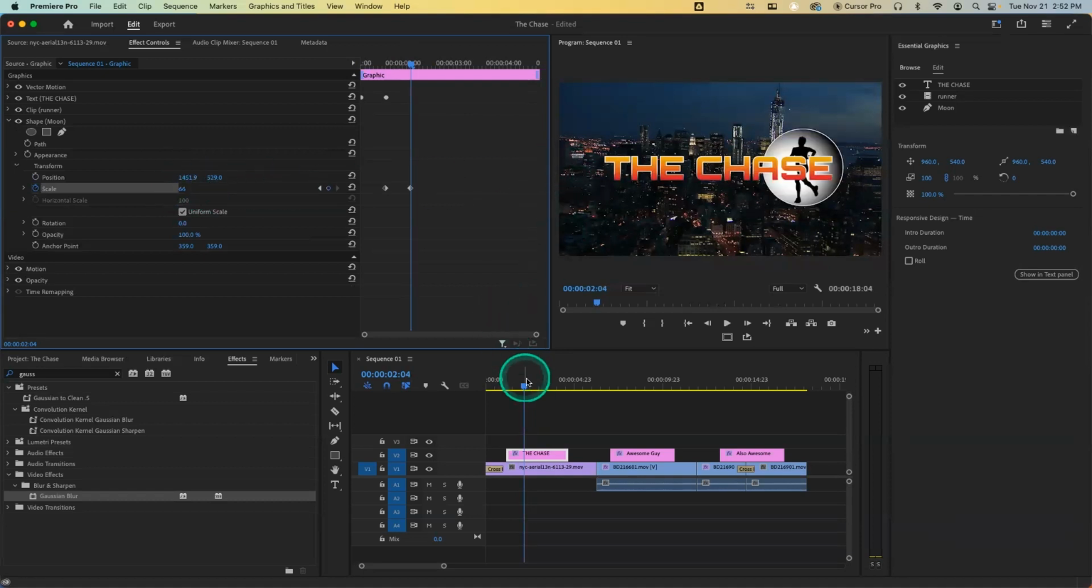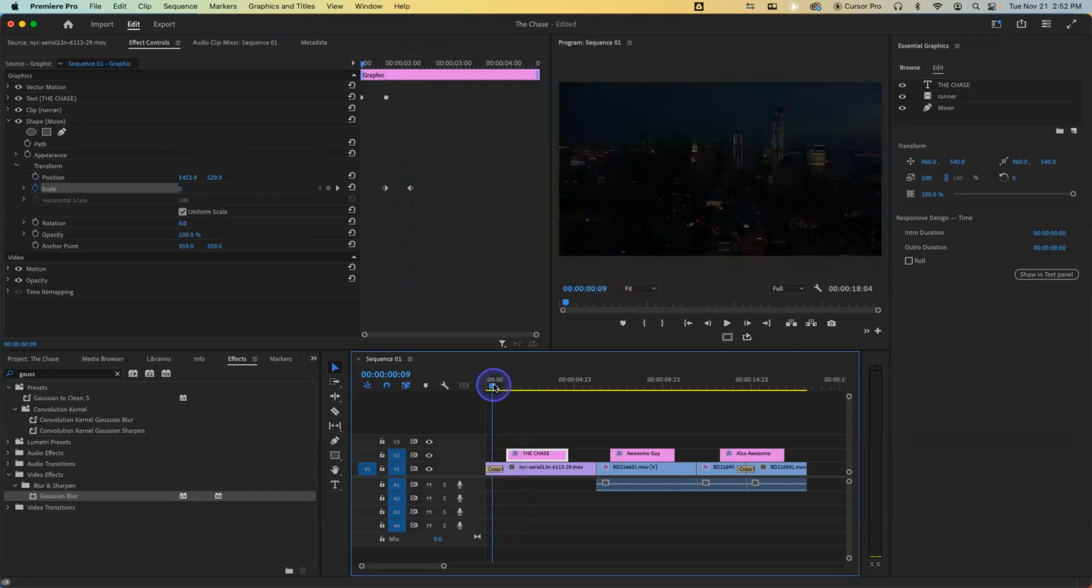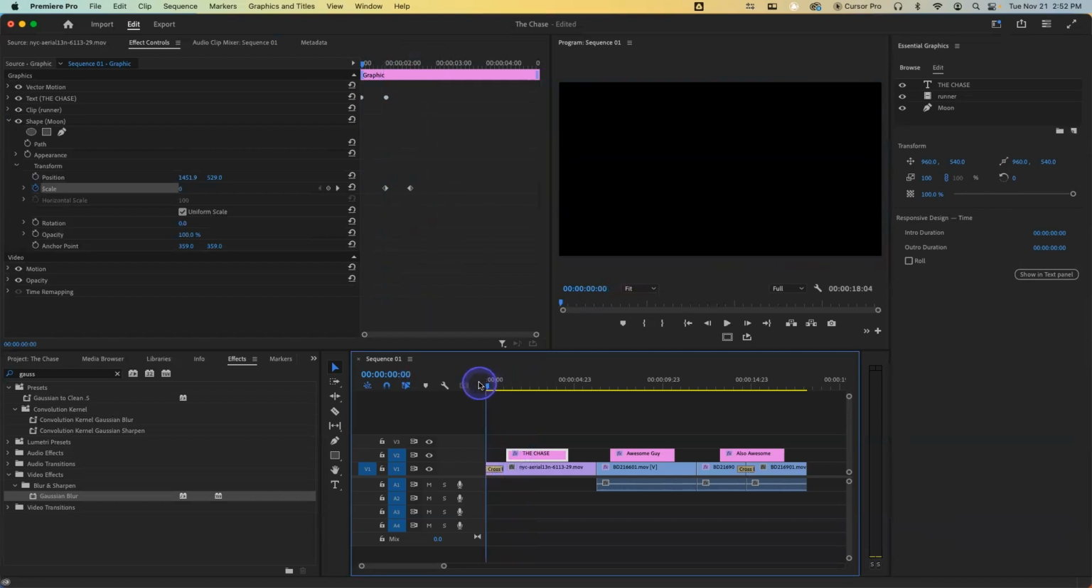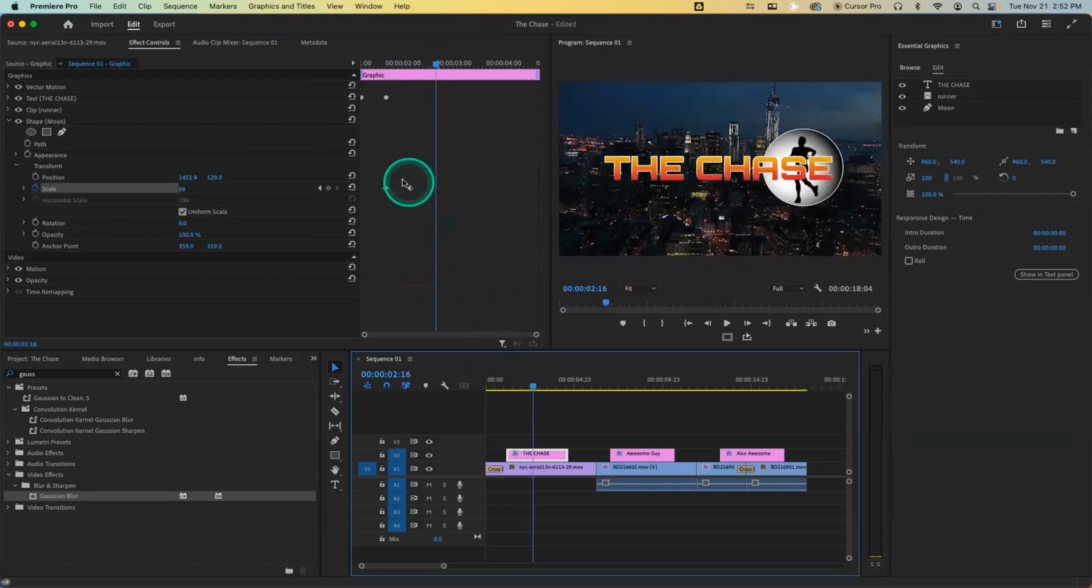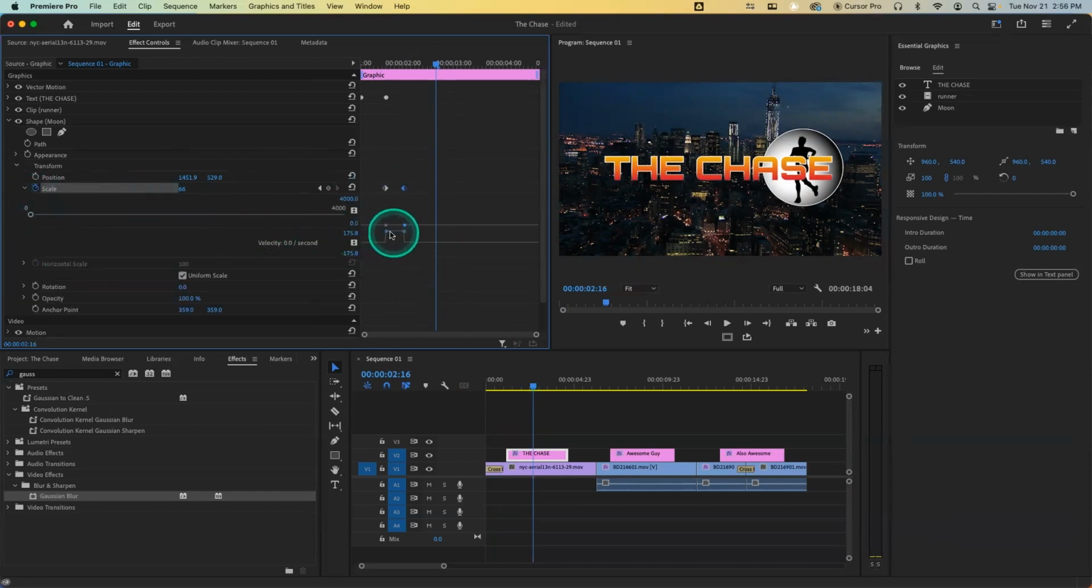Cool. So now it's going to come across. This is going to come across. And it's going to go boom and then open up. So it's going to be like this. The chase. Bam. It's going to open up like there. Maybe we'll make this a little bit quicker. We'll make the scale happen a little bit sooner. A little bit quicker scale. And then see if we can do a scale adjustment so that it